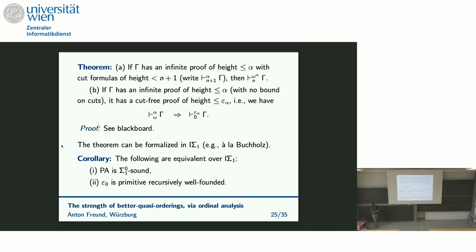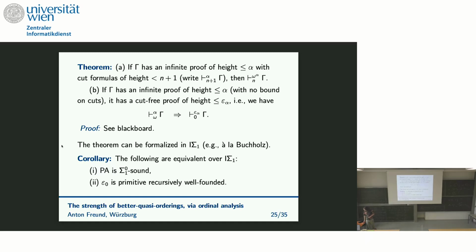And there are different approaches. So one approach that's maybe conceptually appealing is that you don't look at arbitrary infinite proofs, but you only look at computable or maybe only at primitive recursive infinite proofs. And then rather than working with the infinite objects themselves, you work with the computable indices for these objects. And you can formalize that. I particularly like a paper by Wilfried Buchholz, which will be on the reading list as well. Maybe I'll say a word more about this. I think it's really a very elegant approach to formalization. But in any case, what you learn is that this cut elimination procedure for infinite proofs can be formalized in weak theories, such as, let's say, I sigma 1.